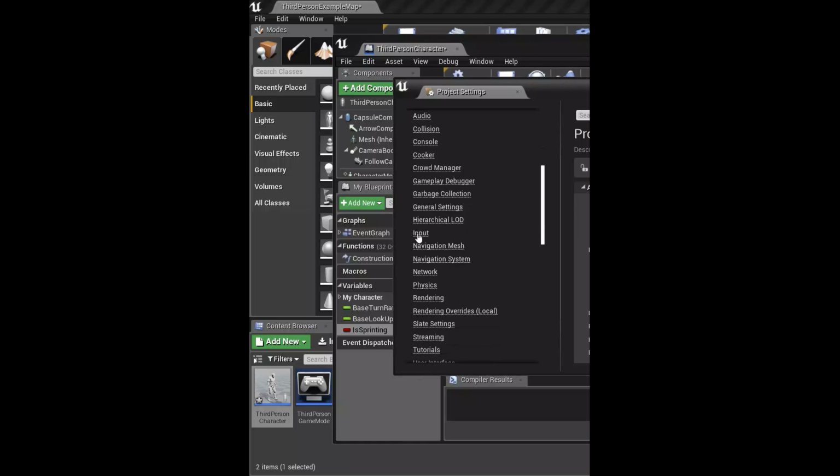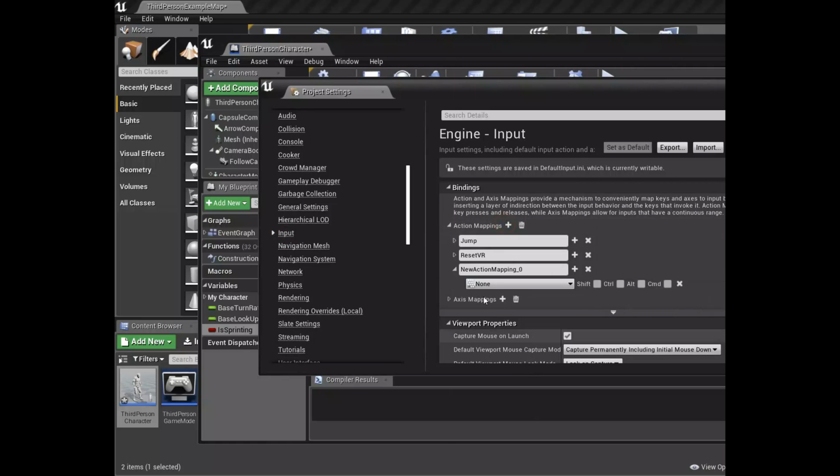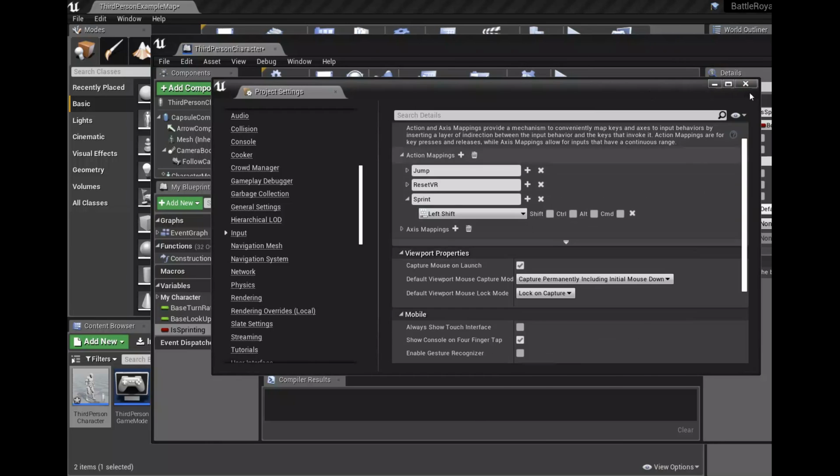Hey guys, I'm Arian, and today I want to set up a character for our battle royale game. So let's go. First of all, I've created an input action for sprinting, and I've added the input action into